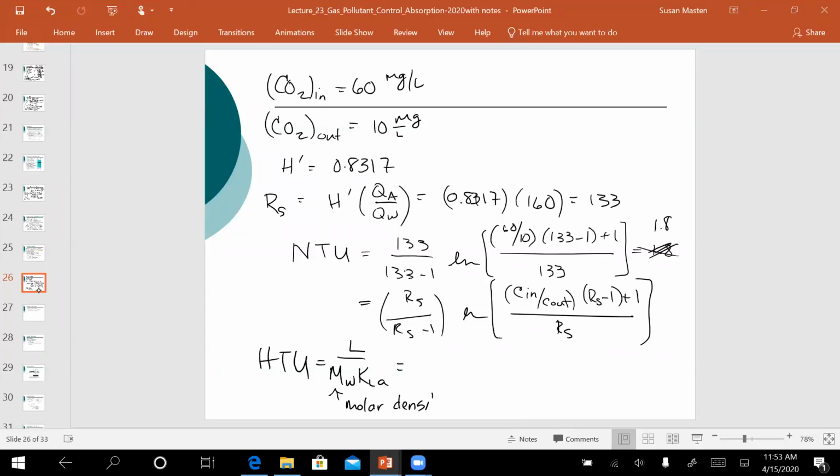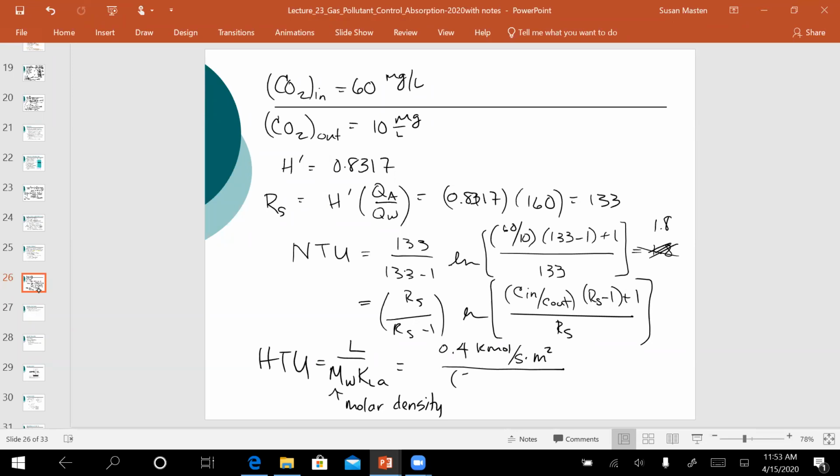And our loading rate is in kilomoles per second per meter squared. So it's per cross-sectional area